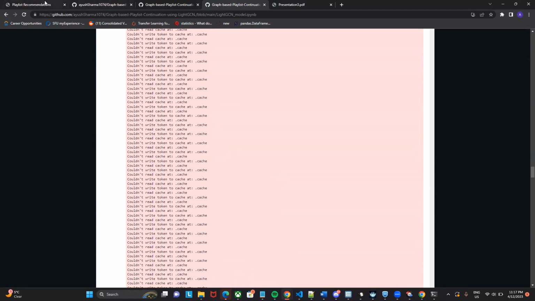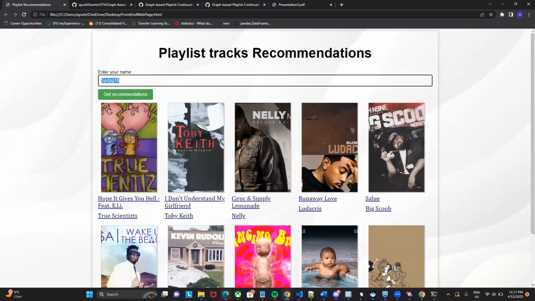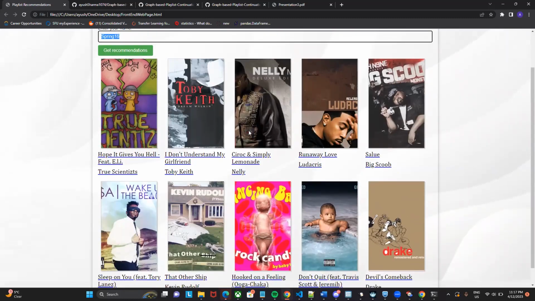We have also created a front end for this, where if you provide the front end with the playlist name, it will generate 10 songs for you